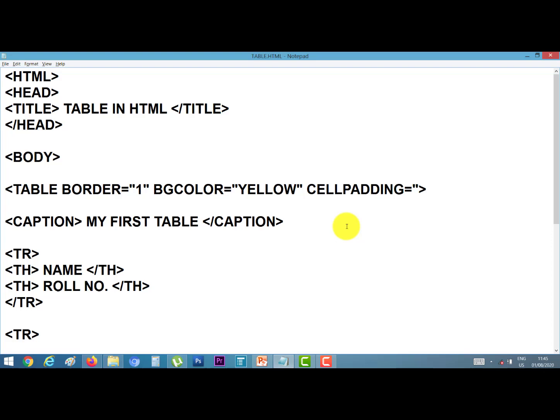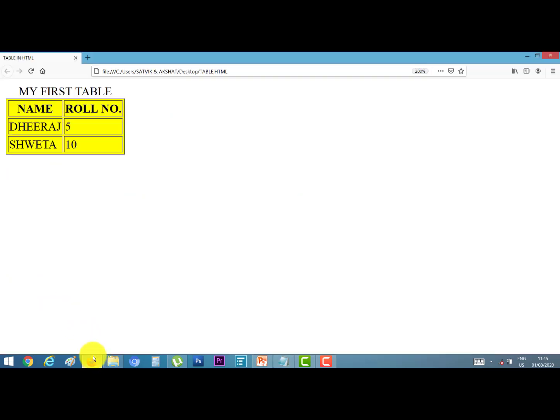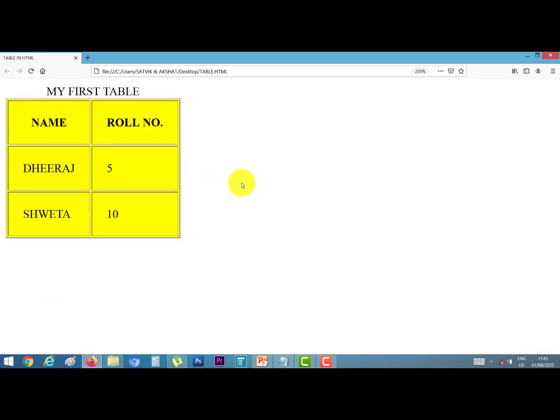Suppose I give 20, inverted comma, close. With Ctrl S, save the file, go to the browser window again and refresh your page. You can see the difference in the table. Cell padding specifies the space between the cell walls and the cell content.